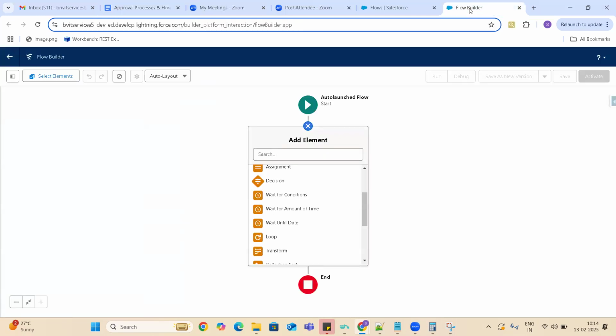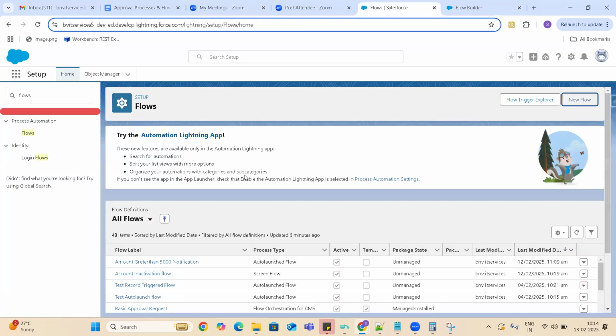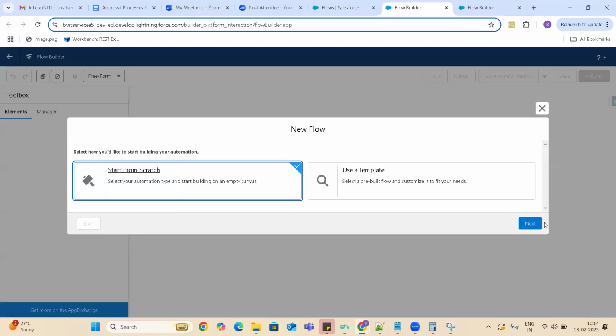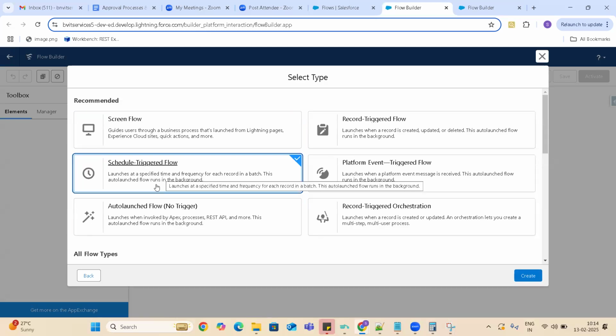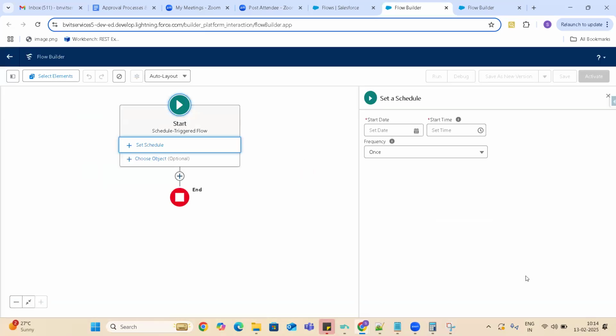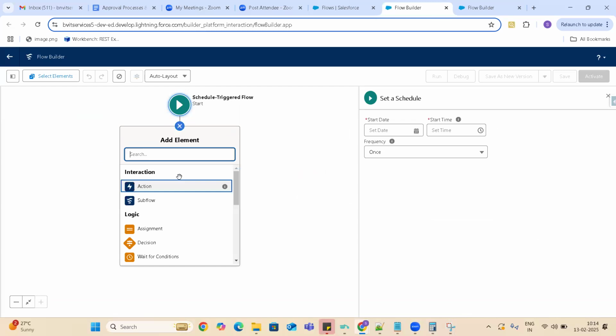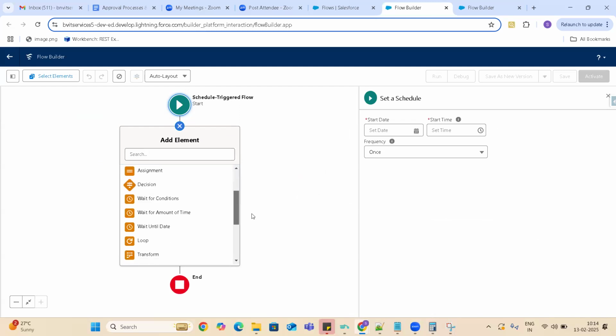So if you go to the flow builder and click on new flow, select the flow and then just select schedule trigger flow. Okay. So if you click on the add elements section, you are seeing the same kind of elements that you can see in your auto launched flow.